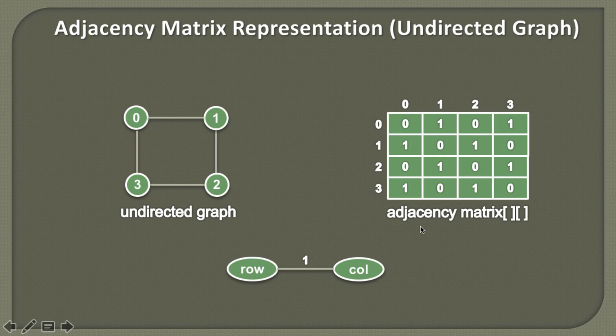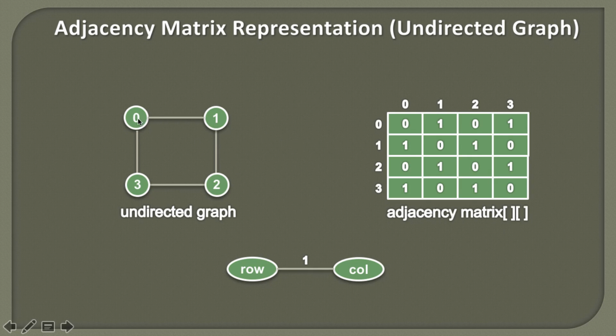So friends, here if you see, there are 4 vertices. Therefore we create a 4 cross 4 matrix. This 4 cross 4 matrix goes from indices 0 to 3. And this matrix is nothing but a 0, 1 matrix. So why do we call it a 0, 1 matrix? Because in order to represent an edge between two vertices, we just provide a 1, which signifies that there is an edge between the two vertices.